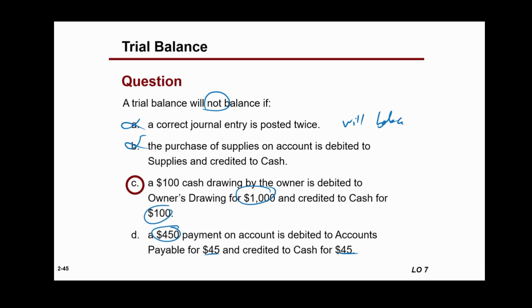Any questions? Yes? So which one? B. In this case, the company purchased supplies on account. They say that the company purchased supplies on account for $500. Okay? Just to give it a number. So what do you do to supplies? Supplies, you debit it 500, and it's supposed to be on account. So the correct one is accounts payable is credited 500. Instead of crediting accounts payable, you credited actually